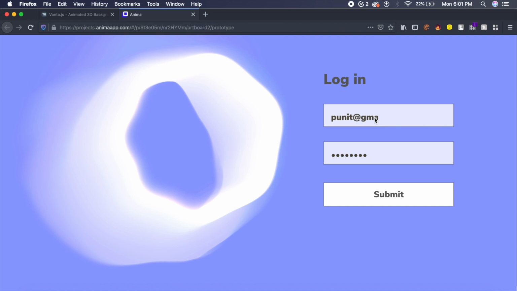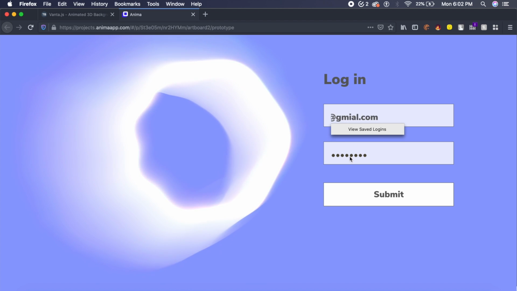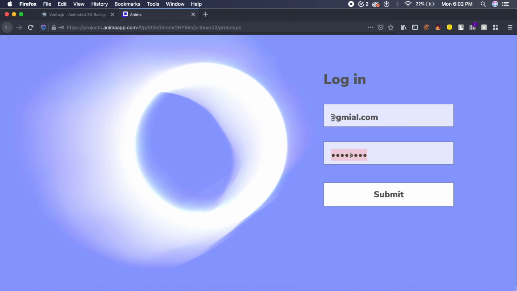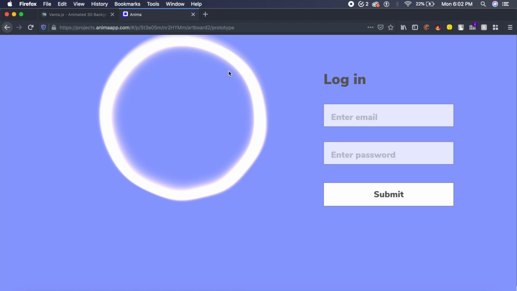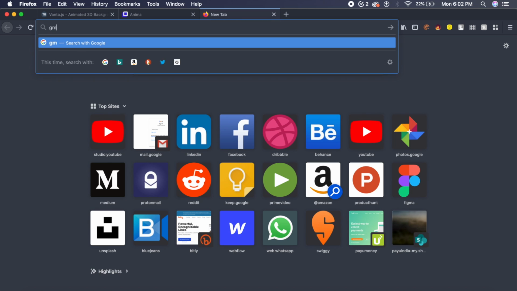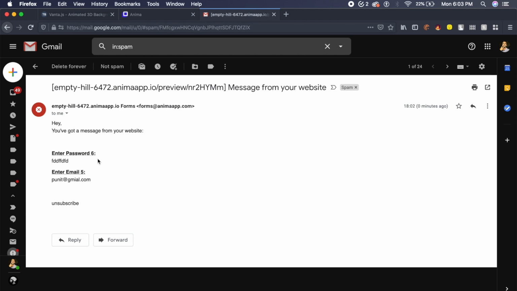And you can implement it there. In this case, I'll just enter my email, Puneet at gmail.com. That's it. And I'll change the text input here to whatever password and I'll say submit. Now I'll say save or not save, whatever. And I'll go to my email and I'll show you guys here what we can do with this. Basically, it should send me an email telling me who has logged in, what are the credentials, so on and so forth. And you got a message from the website. Enter password is some random password I put in. And email is puneet@gmail.com. How cool is that?